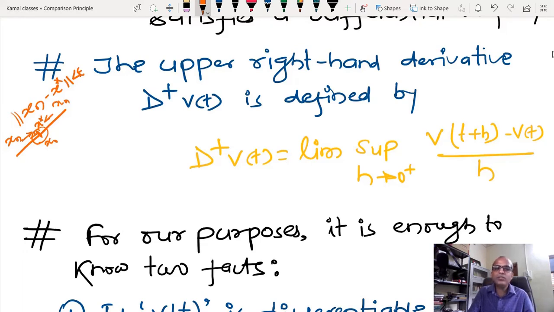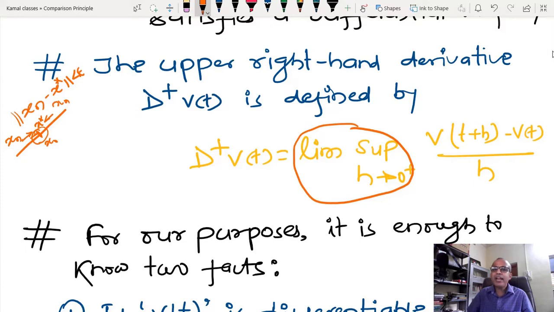If something is not continuous, then that is not differentiable. So when something is continuous, it means that something is bounded, and when I have a bounded sequence, we have already seen that I can talk about limit supremum and limit infimum, and for that reason the same kind of principle is going to be used here. So I hope that you are able to understand the motivation behind this definition.